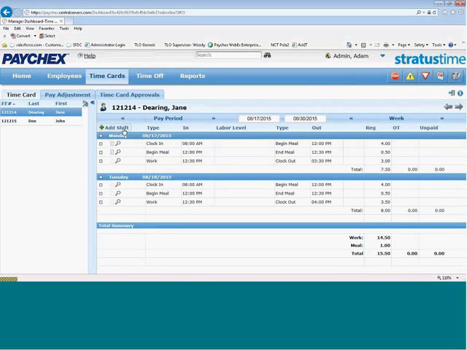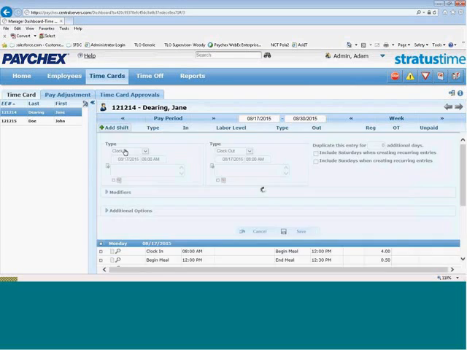But there's also the option of adding a work shift. Adding a work shift allows you to add an in punch and an out punch. So let's say for a moment that Jane has done some off-site work on Wednesday, and we'd like her time card to reflect those off-site work hours. We could click on Add Work Shift,